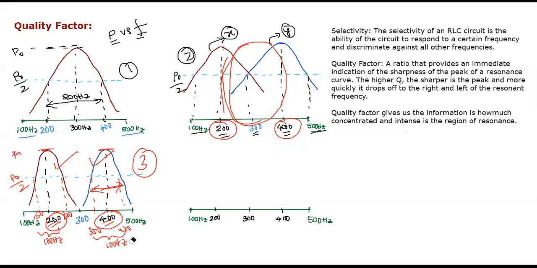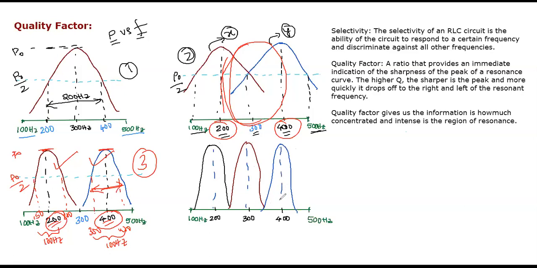let us take another case. So here, this is one channel, that is channel X, and this one is channel Y at 300 resonant frequency, and this channel is channel Z with the same maximum power at 400 resonant frequency. Now this resonant frequency is 200, this channel resonant frequency is 300, this channel resonant frequency is 400. So we are transmitting different power signals within the range of 100 hertz and 500 hertz.